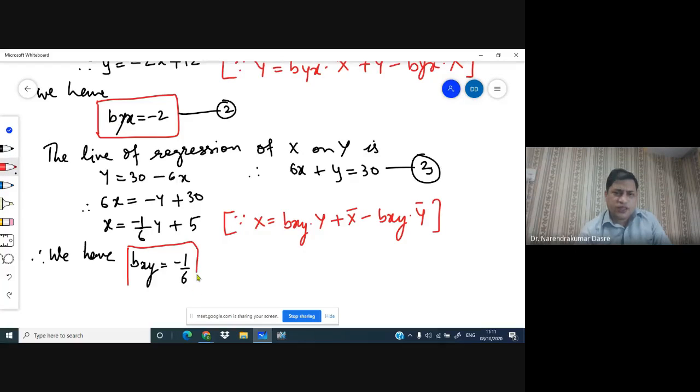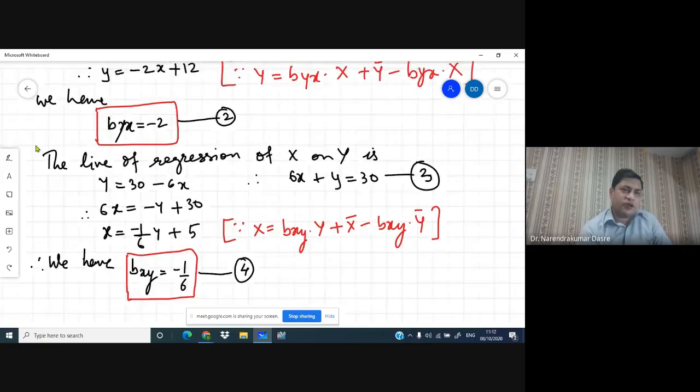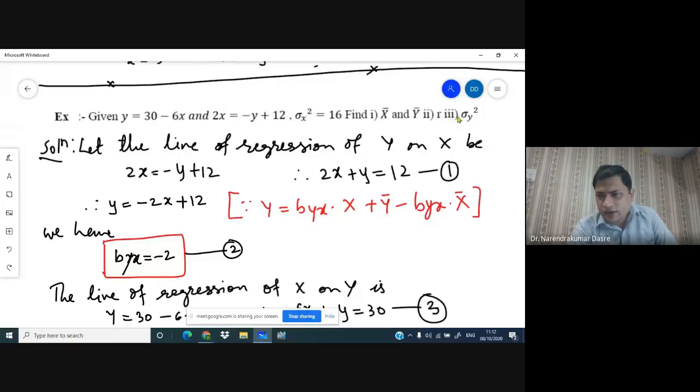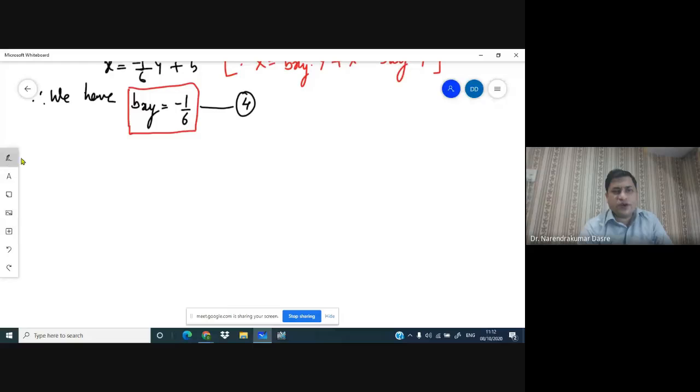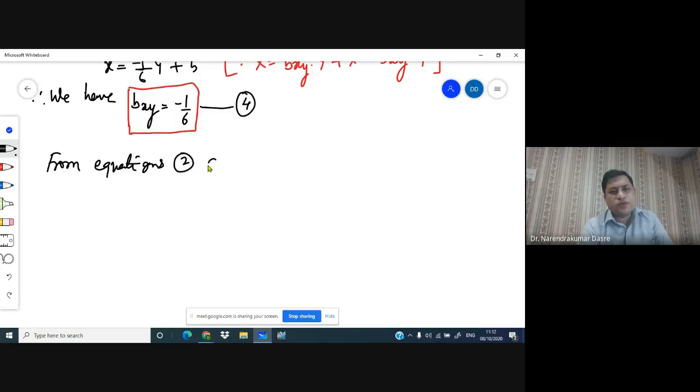Now you can see both this bxy and byx have the same sign, and you can see the product is going to be less than 1. Okay, so this is going to be 4. Once I have all these 4 equations, then I am able to calculate r, and then we will go to sigma y square, and then we'll calculate x bar and y bar. So from equations 2 and 4, what we'll get here,